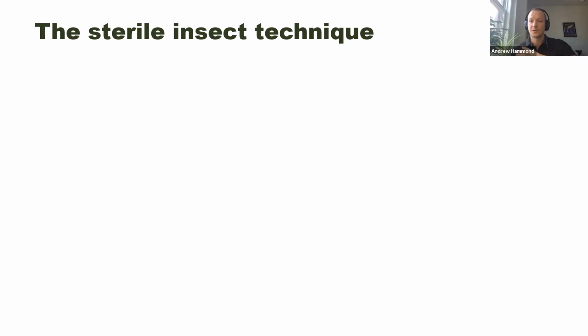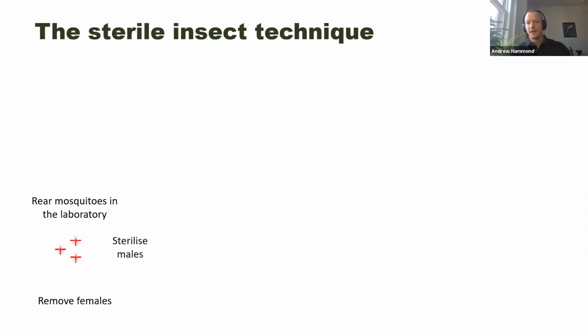And one of these is called the sterile insect technique. And the basic idea is that you would rear mosquitoes in the laboratory, and you would remove the female mosquitoes, those that are capable of biting. And what you're left with is the males, and you would sterilize those males. And how you sterilize them is one of the tricky parts of this process. But once you have these sterile males, the idea is that you'd release these en masse into the local environment